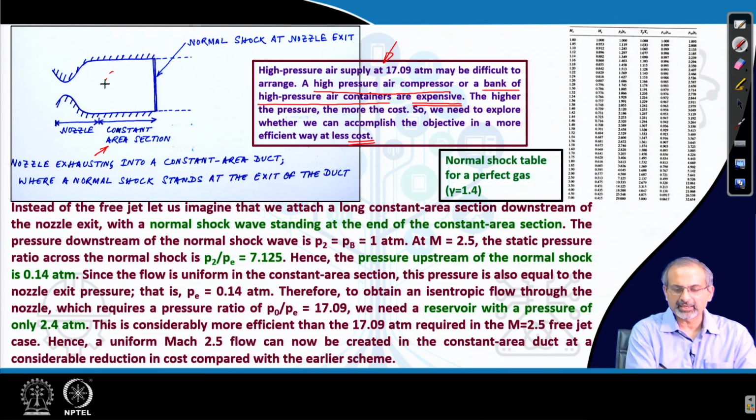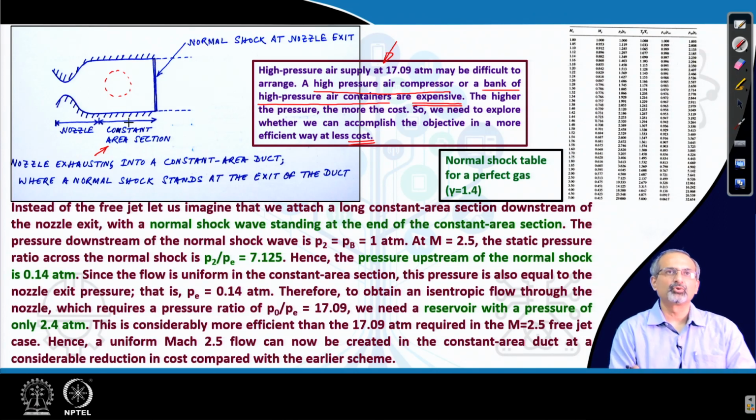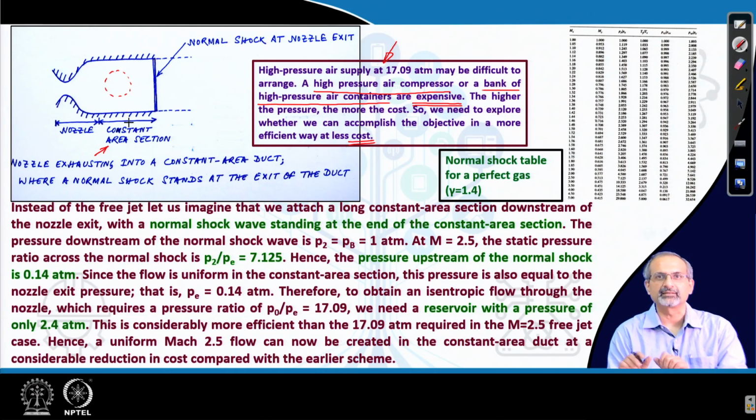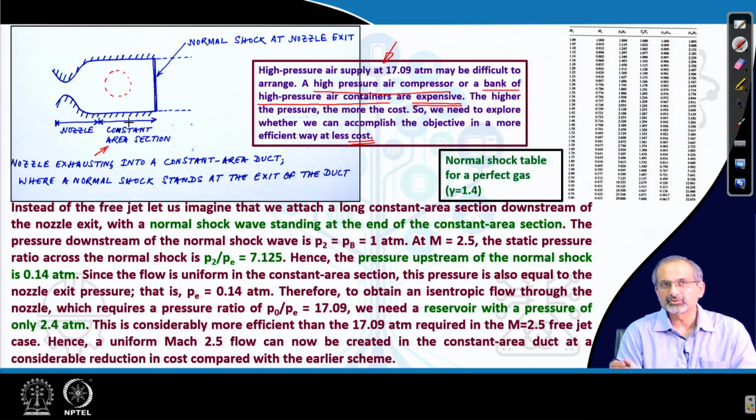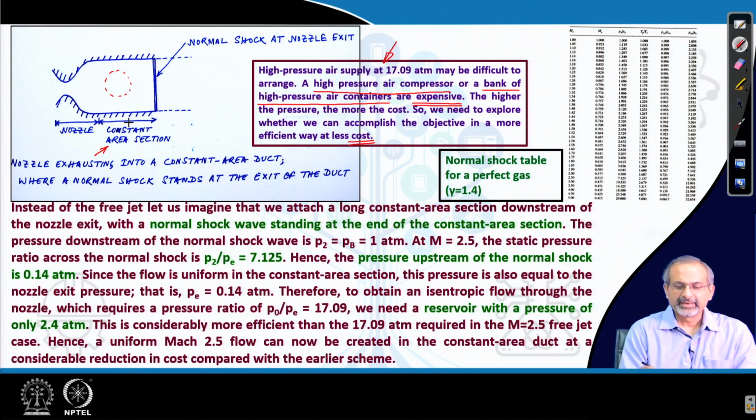Remember that attaching the constant area section means you are getting closer to the full form of the intermittent blow down tunnel which we had sketched schematically. So, you are adding on the test section now, but you still do not have the supersonic diffuser in place. What advantage does this give you? It gives you the advantage of using this constant area duct to establish the uniform supersonic flow within which you can now put in the model, and then at the end of which you can say that